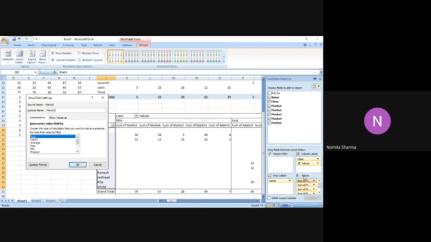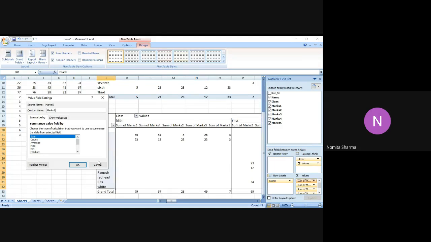Accordingly, I can choose the value field. Sum is the default option. That is the reason it was showing sum initially, because I didn't give a command of sum in my pivot table. Since sum is the default option, it will always give you the sum of the values, and accordingly it will give you the grand total. But we have a choice of selecting other options also.